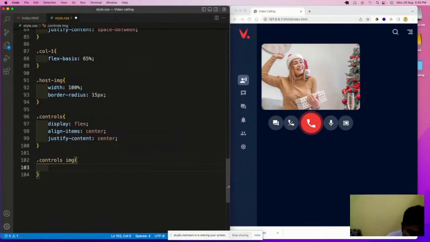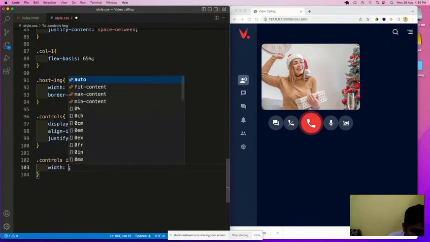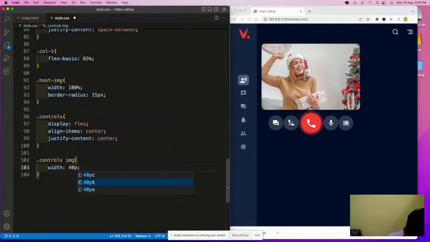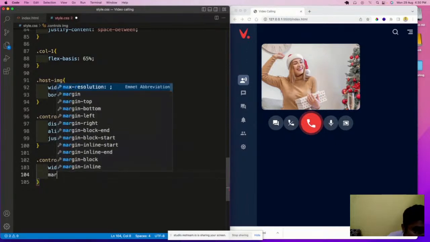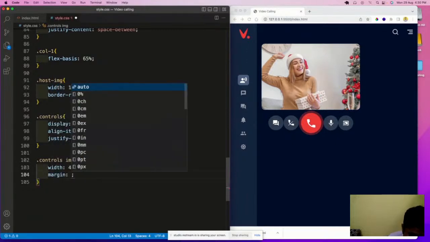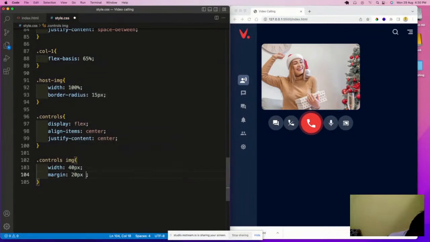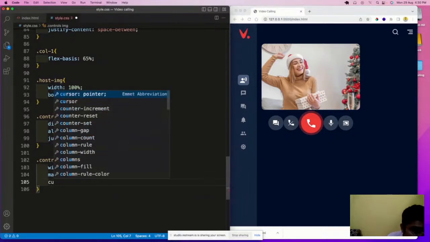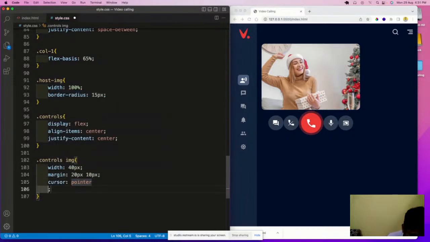Now we have the width as 40 px. The margin we are looking for of 20 px and 10 px. Cursor always pointer,